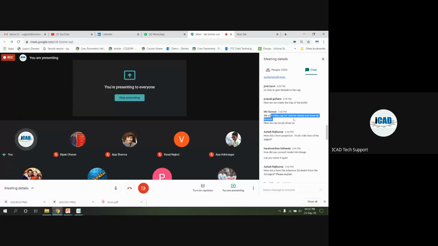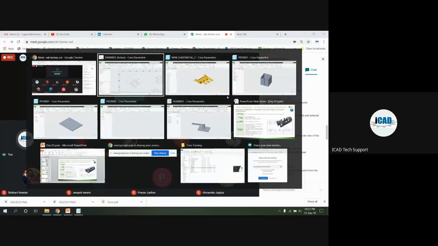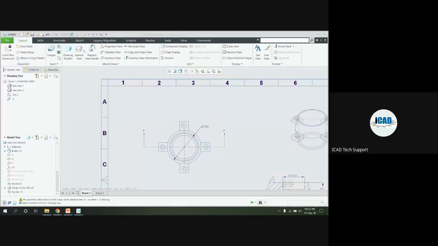Can we make a cap, with internal threads and external threads? For the internal threads and external threads,